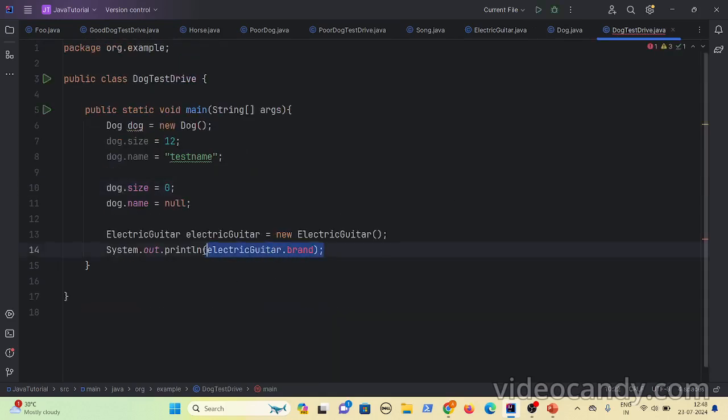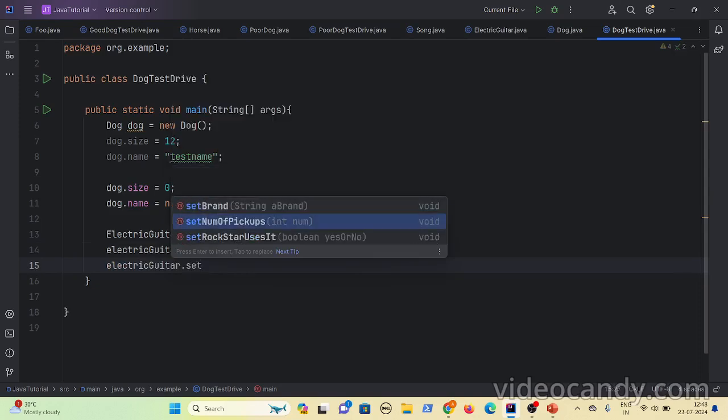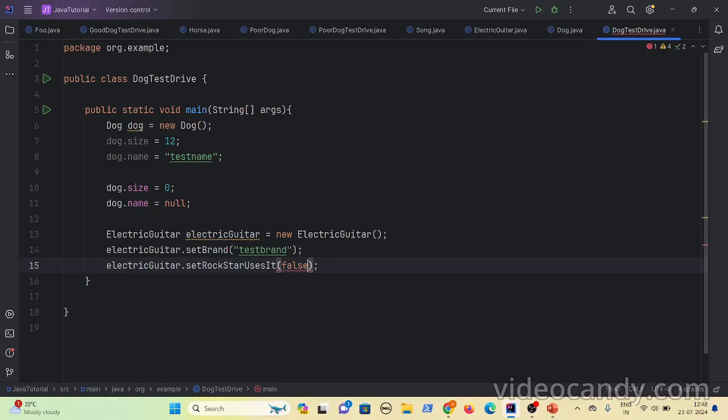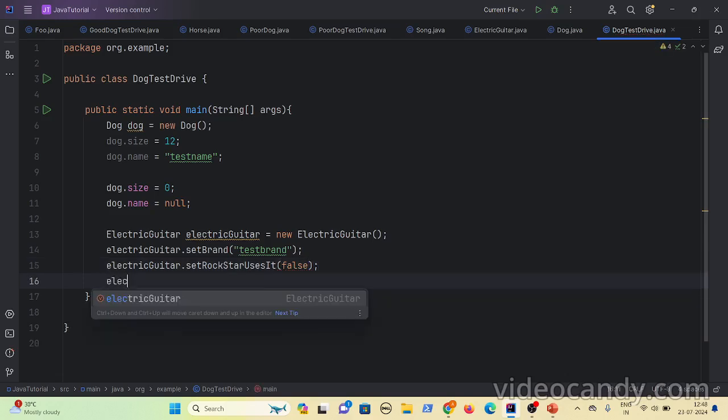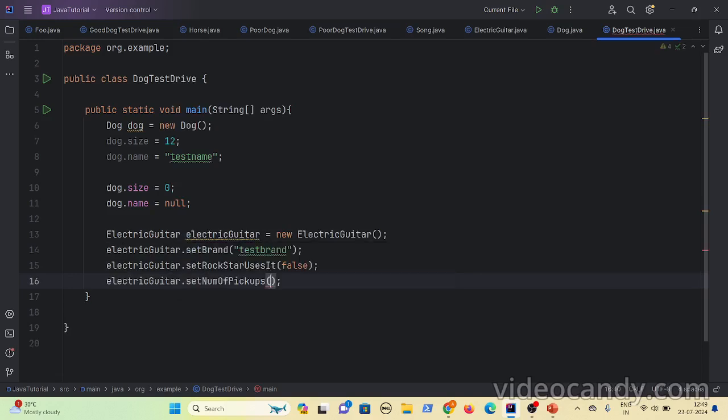What I can do is electricGuitar.setBrandOf("test brand"), and then electricGuitar.setRockstarUsesIt(false). I can do that. And electricGuitar.setNumberOfPickups, it's an integer, 10.